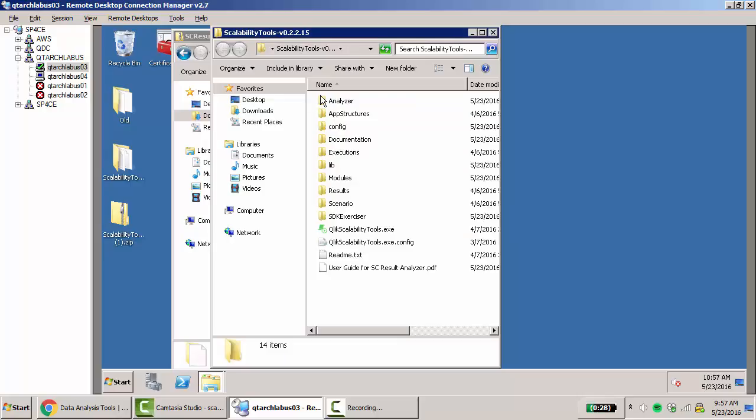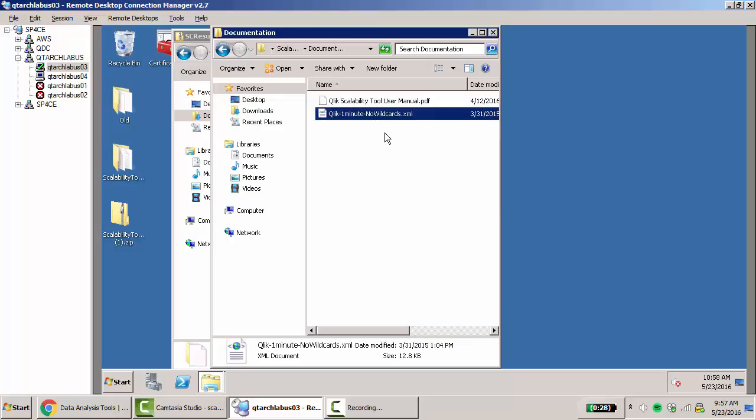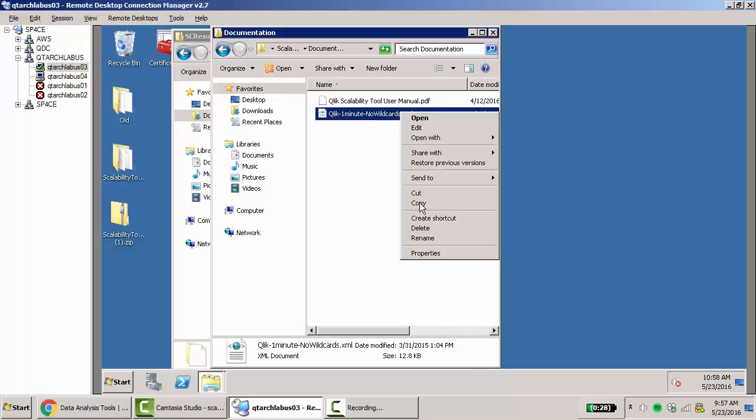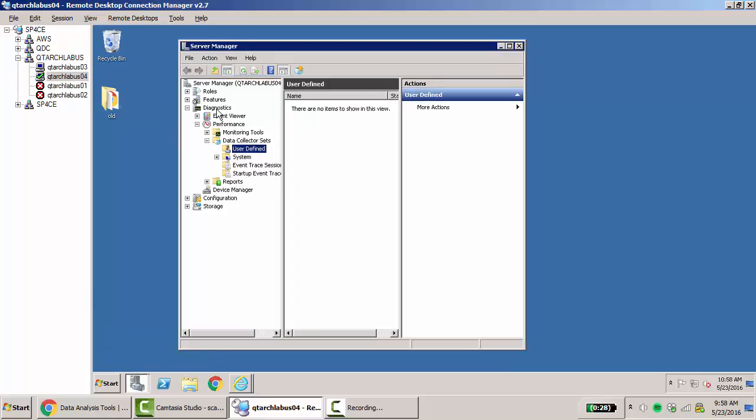We'll get into all of this in subsequent sections, but the thing that we really care about right now is that in the documentation folder is an XML file that sets up the performance counters that we need to have running on the Qlik Sense server. So we're going to take that file and bring it over to the Qlik Sense server and paste it right here. And then through Computer Manager, or through Server Manager, we're going to load this up. So if I go to Diagnostics, Performance, Data Collector Set, User Defined,